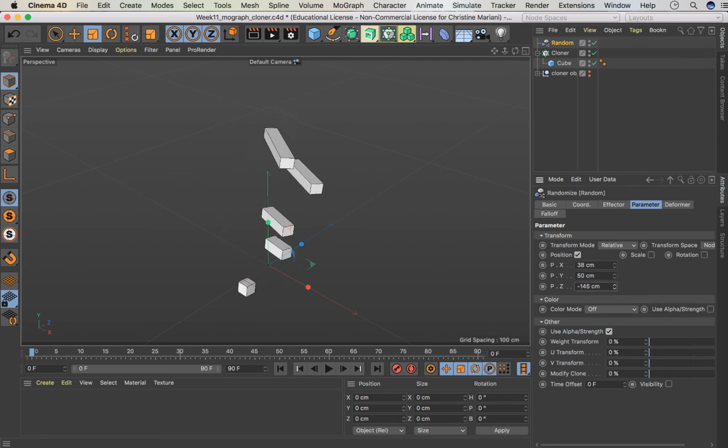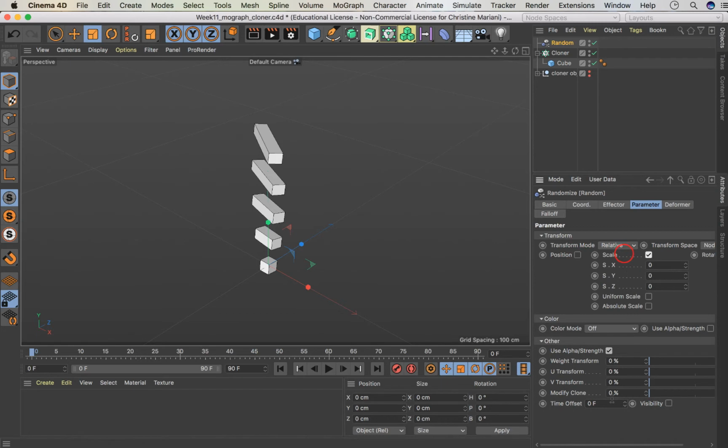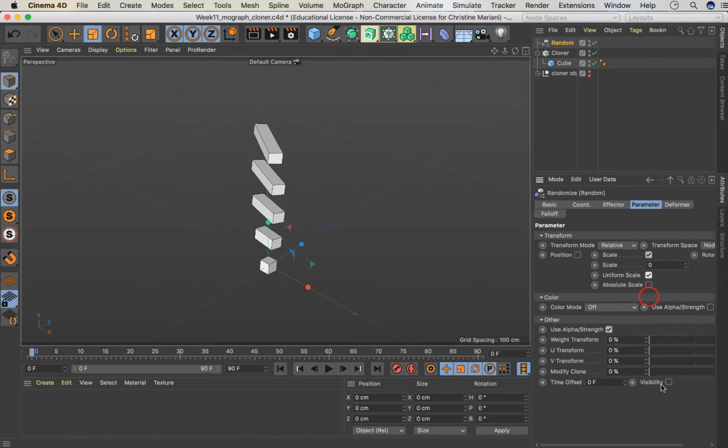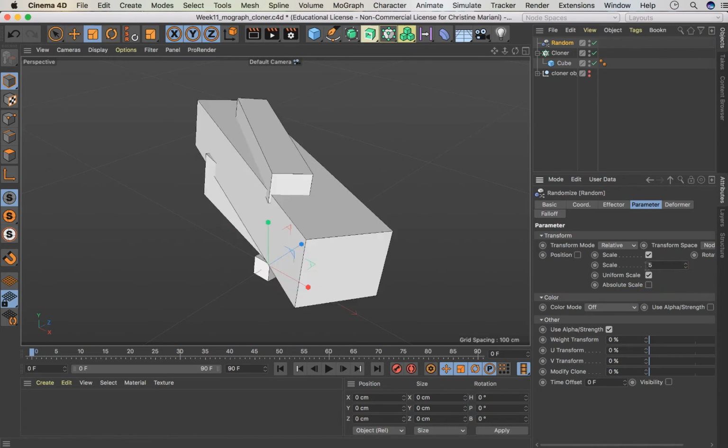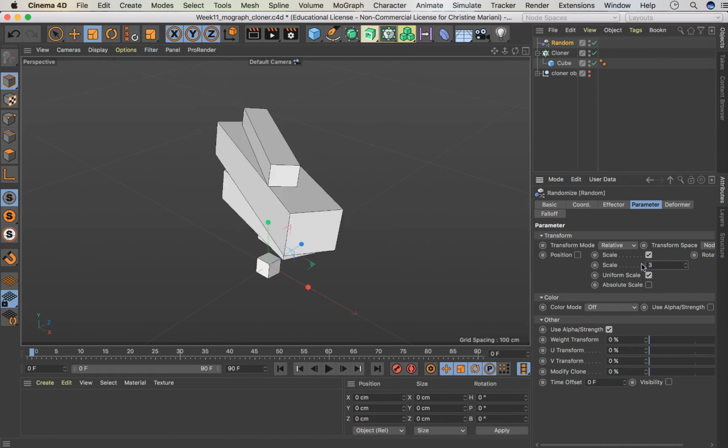You want it to be more or less extreme. It doesn't have to be position. You could turn position off by checking it off, and you could choose scale. And scale will let you do X, Y, and Z separately, or you could do uniform scale, and that will let you put a number in here, like say I put 5. Okay, that's very big, obviously, so maybe I'll go back to like 3, and you'll be getting randomly your scale,